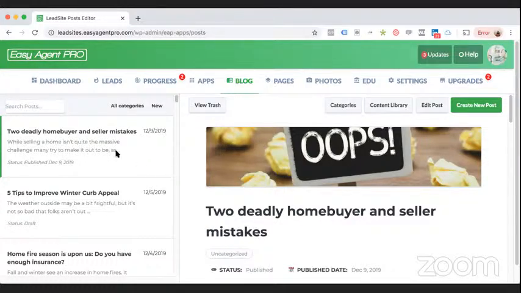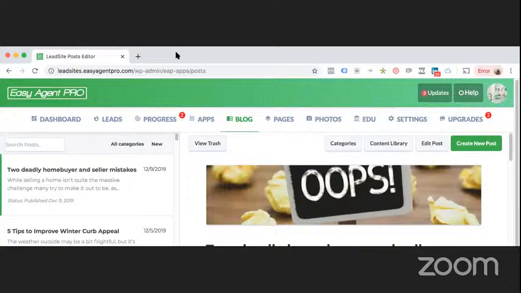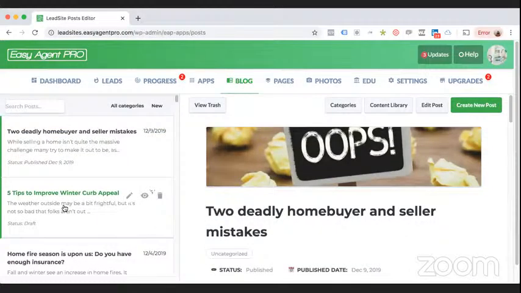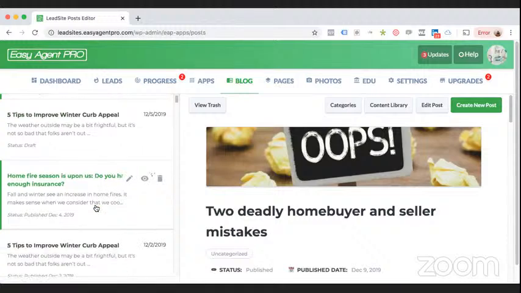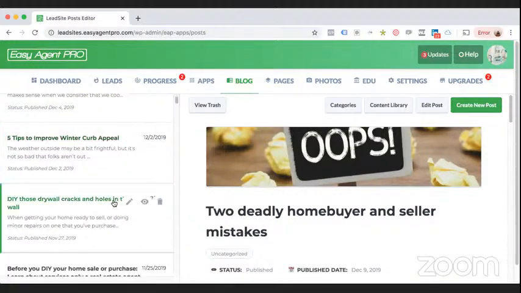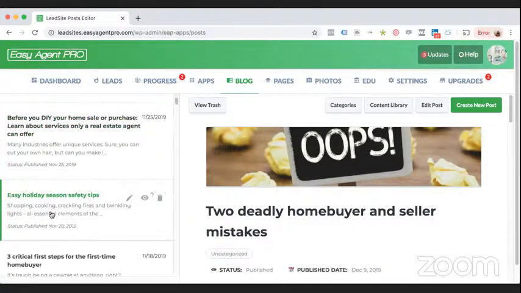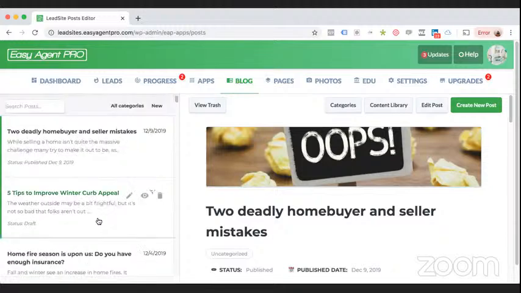So you're going to notice some posts that are going to be in here right off the top. For example, this 5 tips to improve winter curb appeal. We have some winter themed and holiday season safety tips and all that good stuff. But instead of just waiting for these posts to come to your site and pushing them out, we already have a bunch that are pre-written for you. So if you go to our content library here,